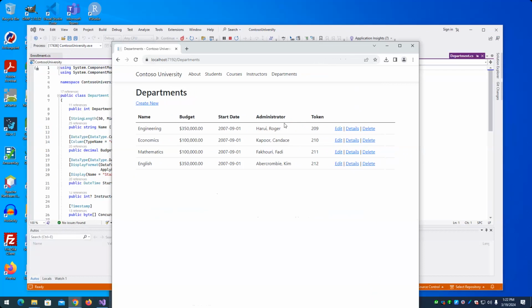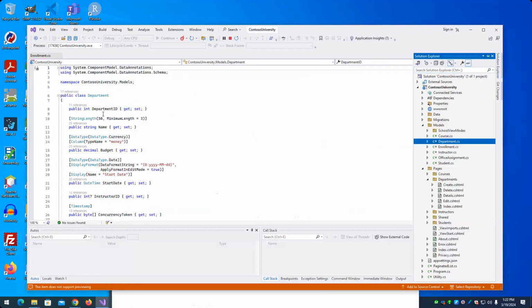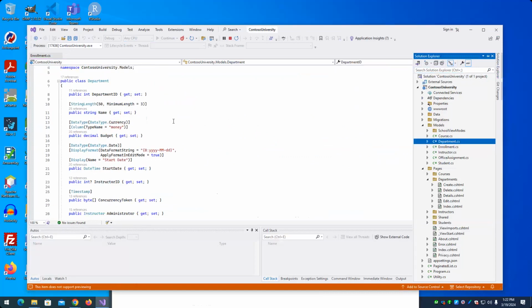One administrator could be the administrator of several departments if we wanted to. Here we show that administrator, but that administrator name is not in the department. What's in the department? The department ID, the name, that's the name of the department, not the name of the administrator, a budget, I think,